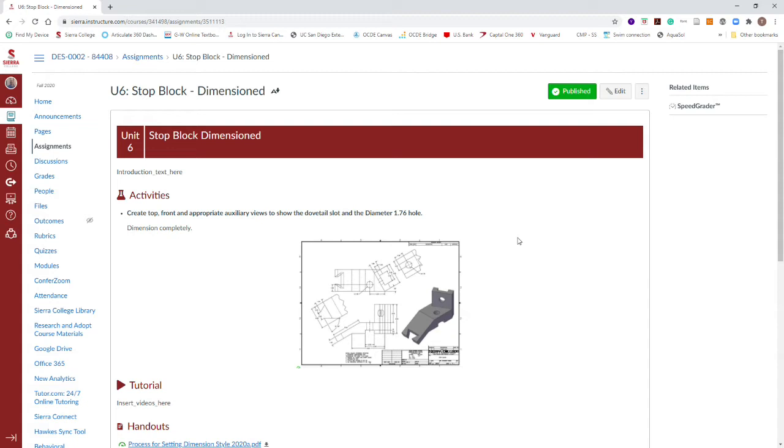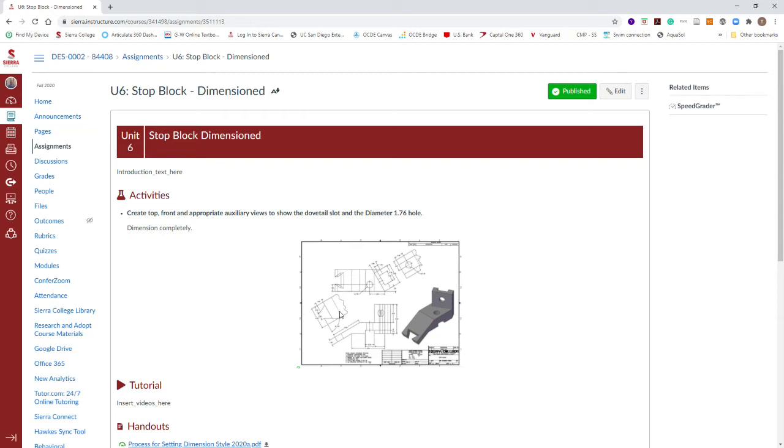We're going to bring together some concepts that you used before with named views and viewports to create the auxiliary views for this drawing. Now the example drawing that I have up is one that was provided to me. I disagree a little bit with some of how it's developed. I think the scale's a little large. And it's on C-size sheet, which is fine, but we should be leaving some room for our revision block to expand here. And it looks a little crowded to me, so in my example, I'm going to go a little bit smaller scale, use the same sheet size.